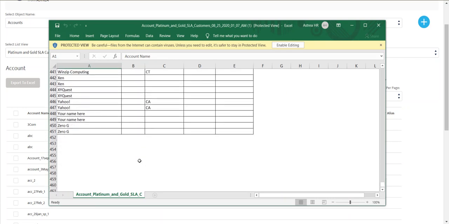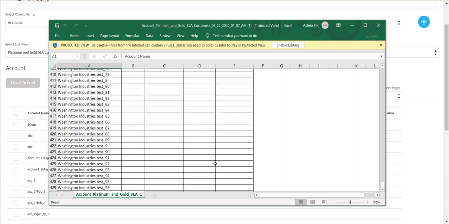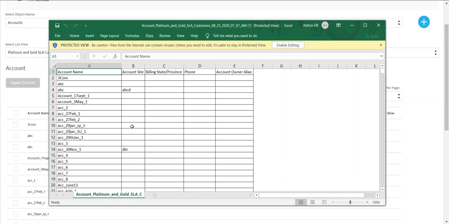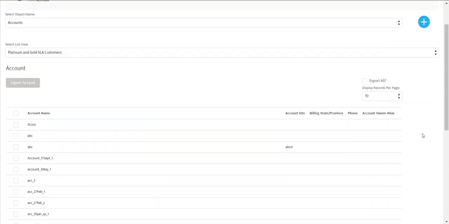So we can see 450 plus 1 for the header. We have a total of 451 rows. And the same column headers, the same columns as have been shown for the selected list view.